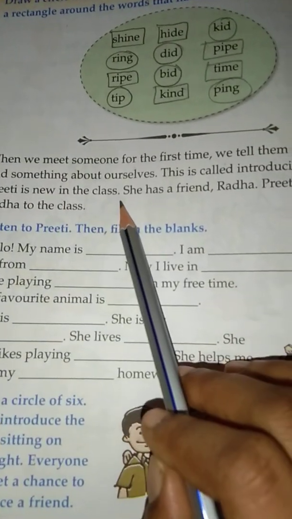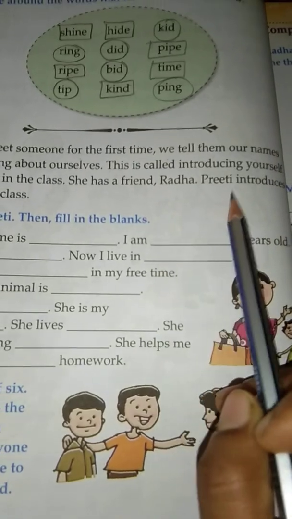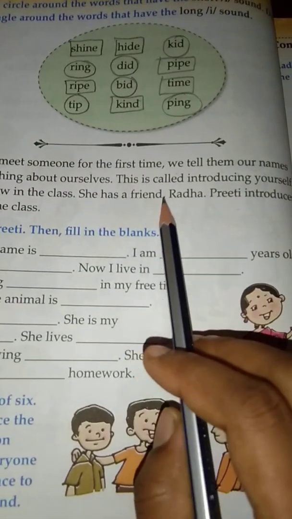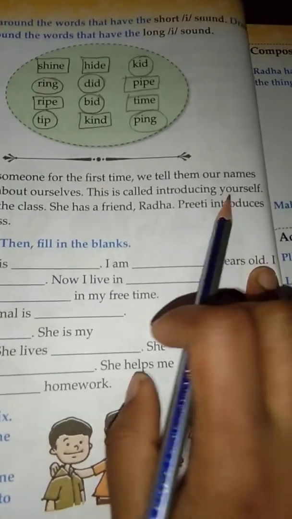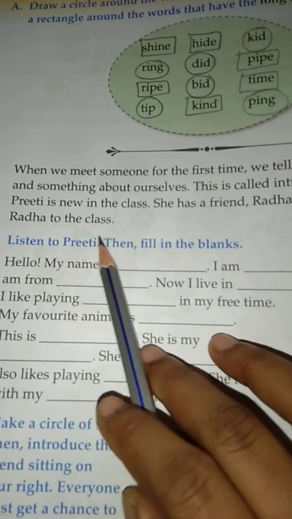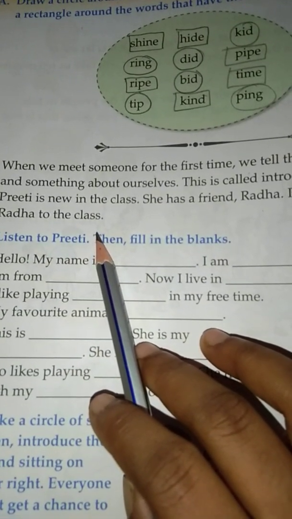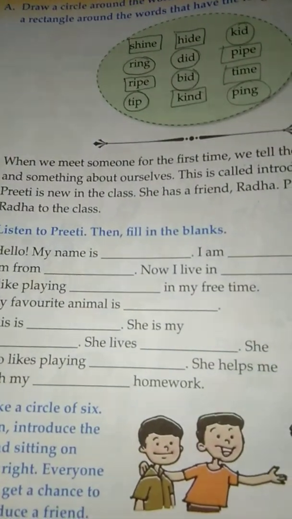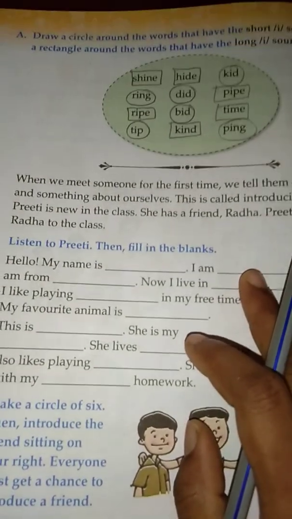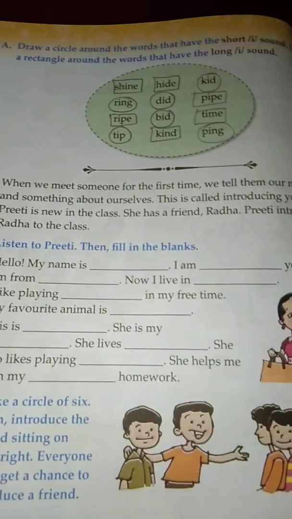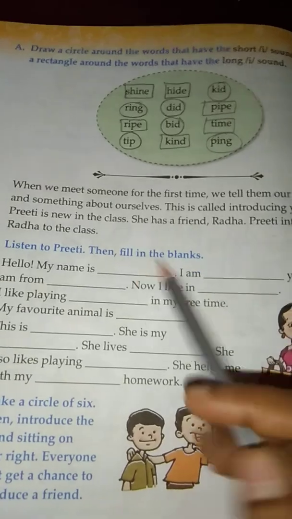Preeti is new in the class. She has a friend, Radha. Preeti introduces Radha to the class. Okay. So, this is introducing each other. Okay. So, here